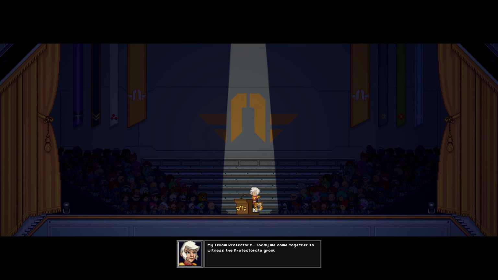My fellow protectors, today we come together to witness the protectorate grow. For over 500 years we've stood proud here on Earth, drawing together races of all kinds in the name of peace. Our task, to protect our fellow beings, to support, house and educate those that seek our aid, and to foster accord between those that aspire to it. Today, in the name of peace, we welcome our newest compatriots and present them each with our greatest tool. The matter manipulator...